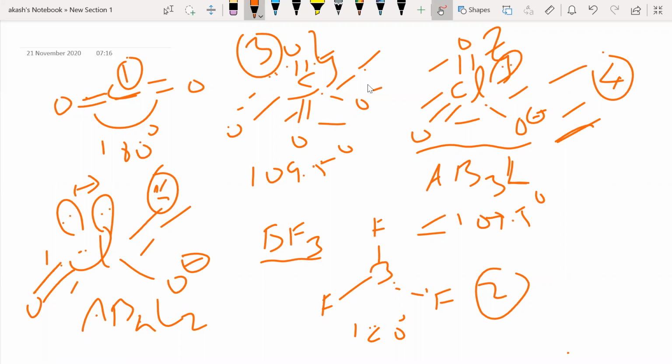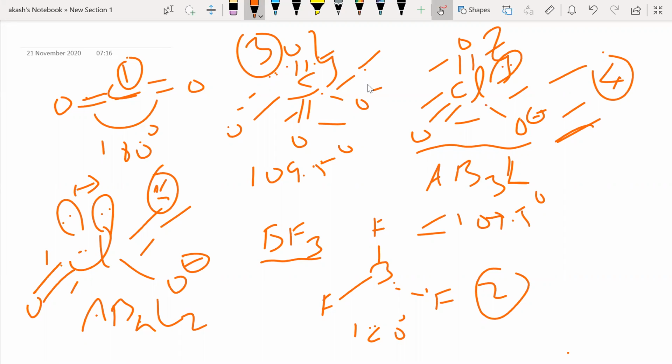Even now, I'm doing a PhD, and I'm still using VSEPR and such to predict the bond angle. It's useful. But if you want to go in depth about these bonds, the next theory you're going to see is really going to be helpful, in the sense that it's the most accepted theory. Again, it has its own shortcomings. It doesn't give me the shape of the molecule, but it gives other kinds of information.